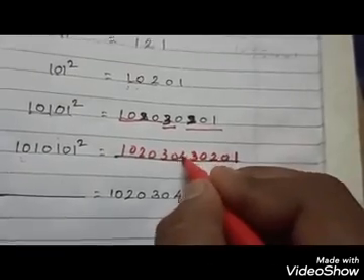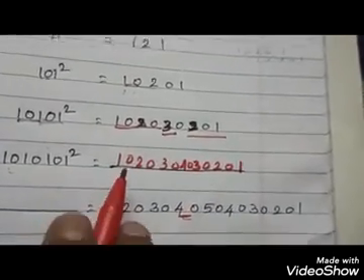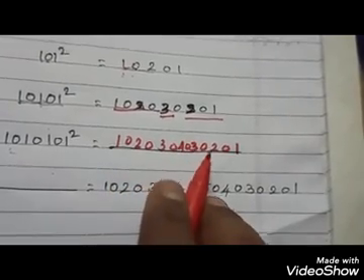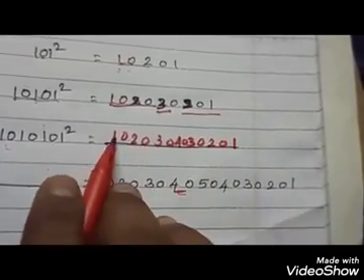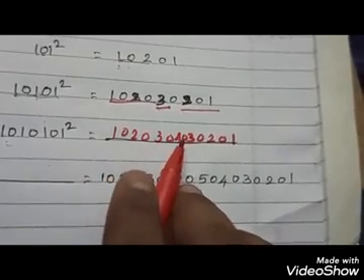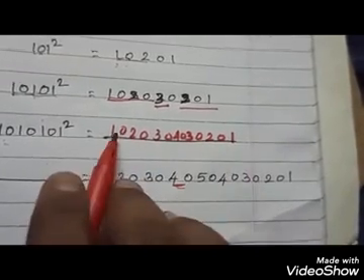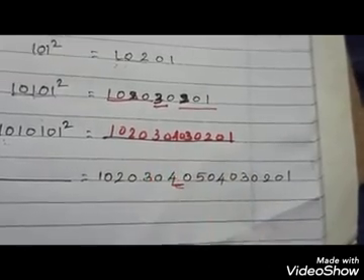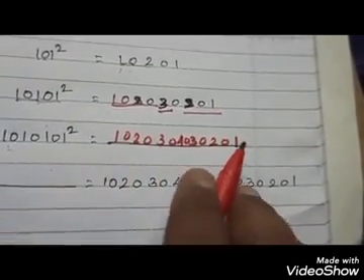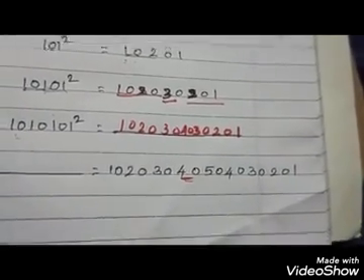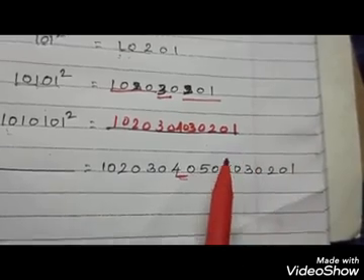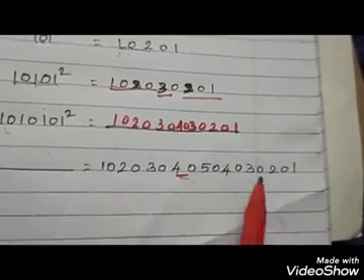Here we need to put 4. So 1 0 2 0 3 0 4 0 3 0 2 0 1, so 1 2 3 4 3 2 1. So 1 2 3 4 and here 1 2 3 4, with 4 in the middle. In between all the numbers we have a 0. The same way you see 1 2 3 4 5, and in between all zeros are there.